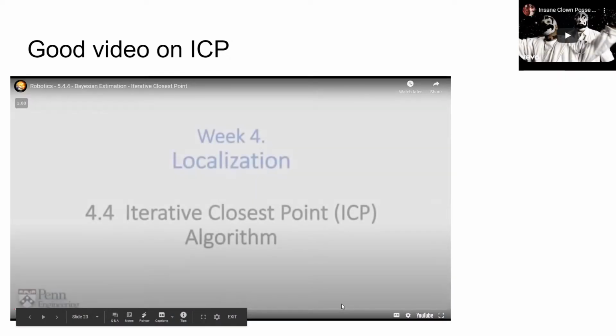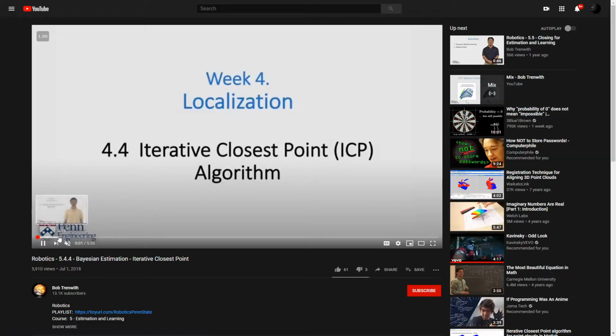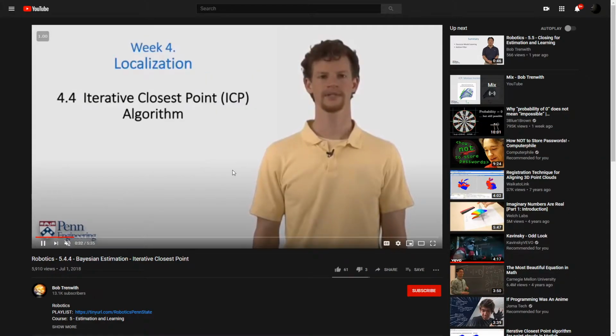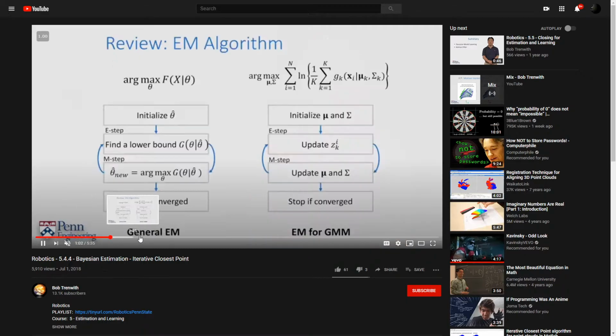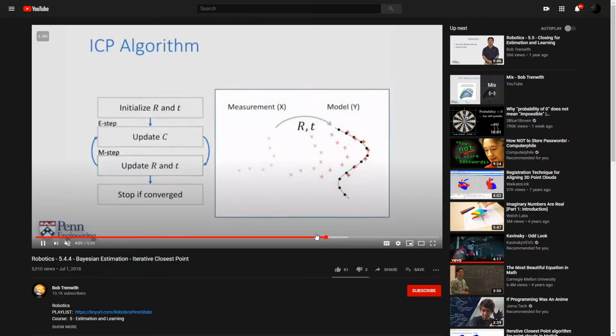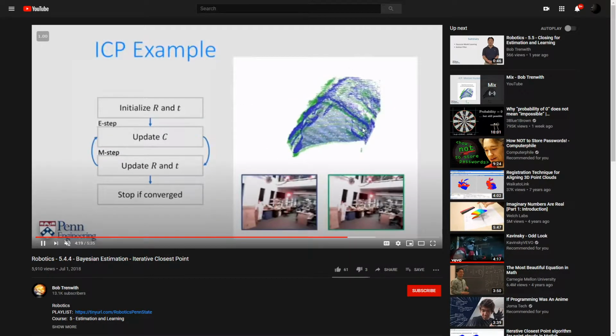There's this good video on iterative closest point that you can check out. I think he does a pretty good explanation. He's not the most excitable person ever, but he does a pretty good job of explaining how it works, and there are some examples here. So you can see that they have some initial, well, say that this is one point cloud and this is another. It keeps pushing one of them to the other so that they will eventually align as best as possible. If you understand gradient descent, this should be pretty intuitive. So you see that this is happening, and I can't share audio, but